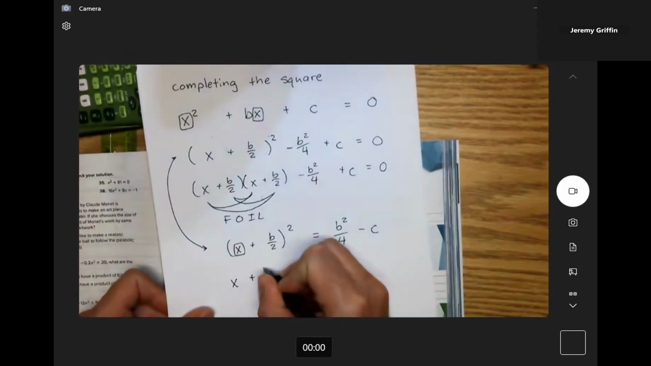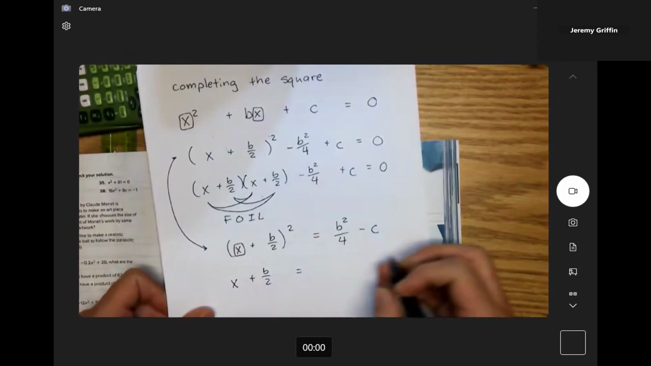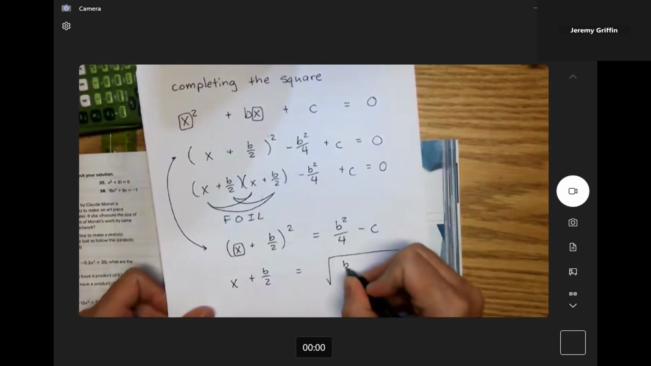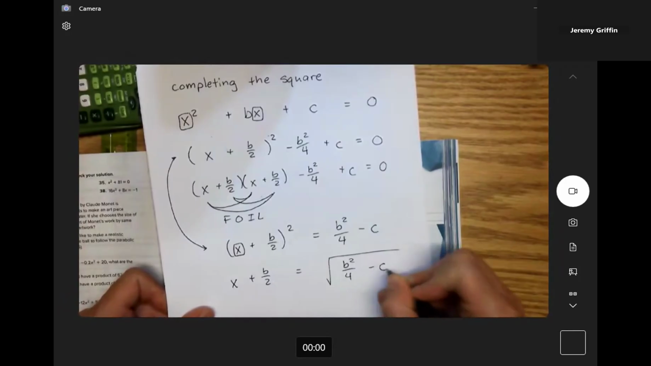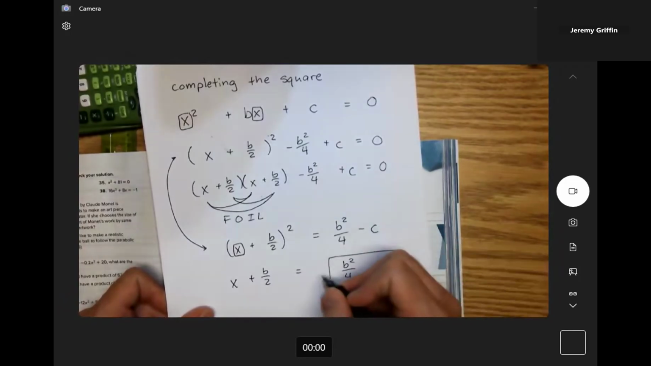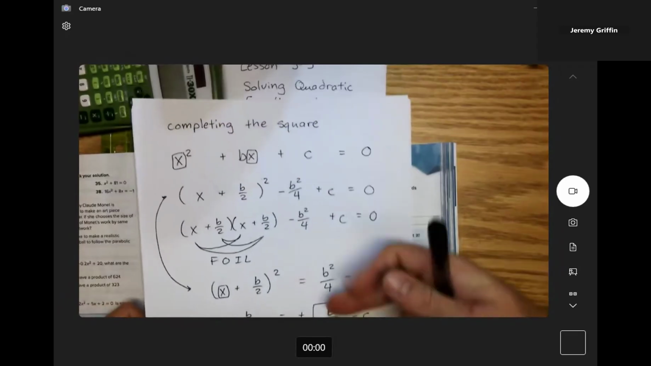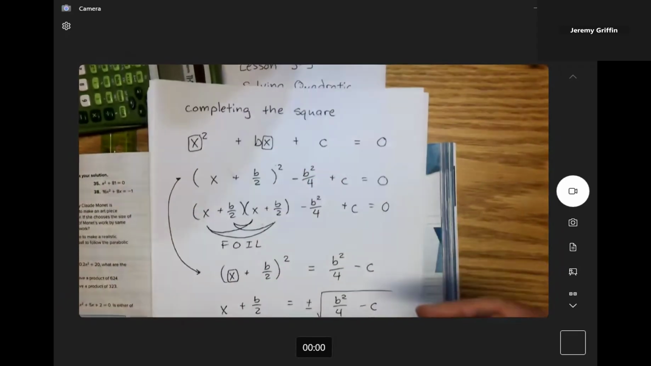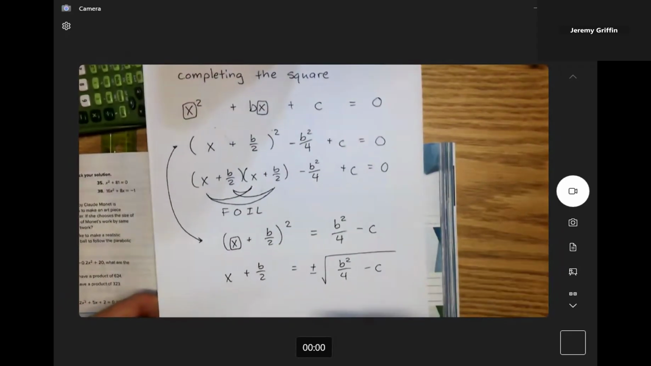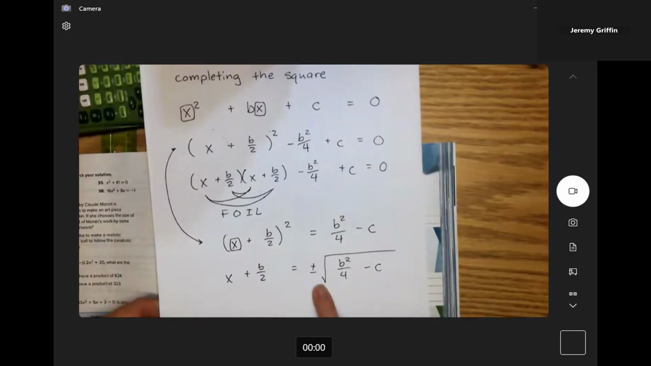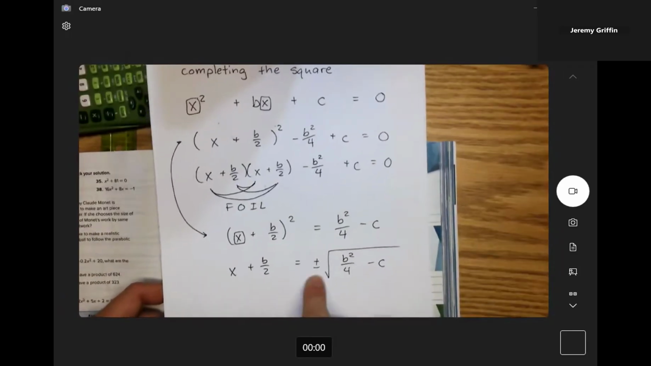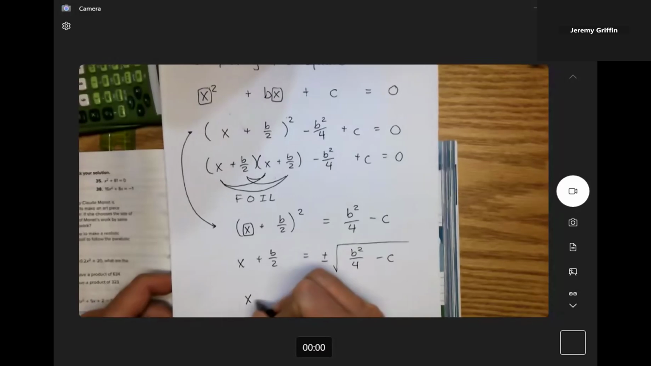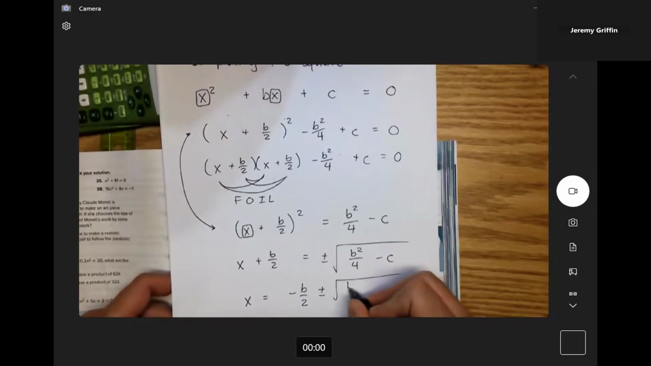So x plus b over 2 would be the square root of b squared over 4 minus c. Okay? It'd probably be a plus or minus, right? Because we normally do get two answers out of these quadratics, right? One or two, or sometimes zero, imaginary. So I'll do plus or minus, and then you can subtract b over 2. x equals negative b over 2, plus or minus the square root of b squared over 4 minus c,